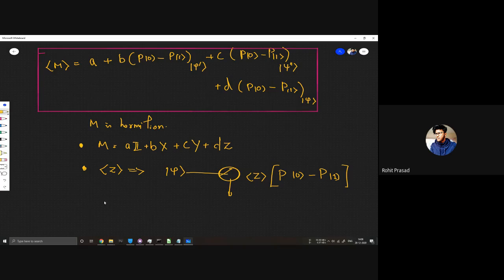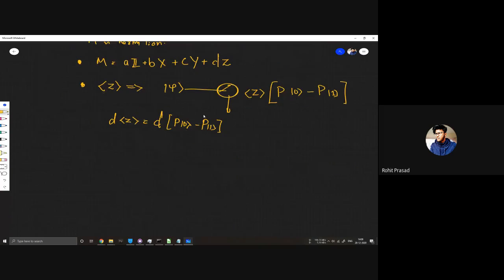So for dz, it will be something like d into the probability of 0 minus probability of 1, right? Same thing goes for x and y.